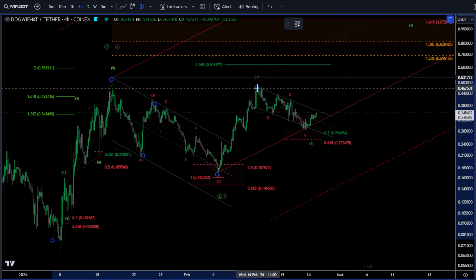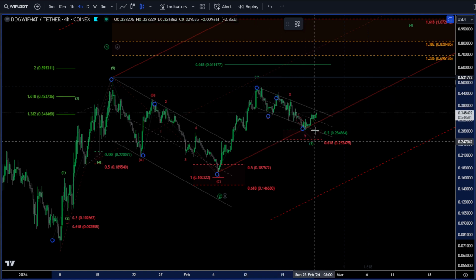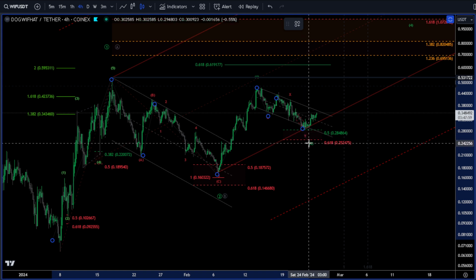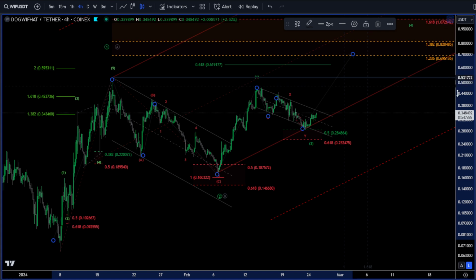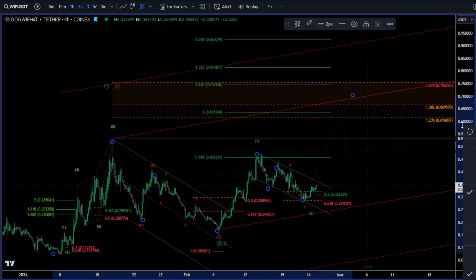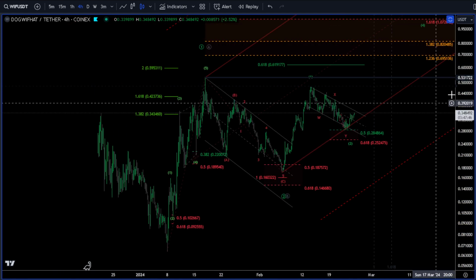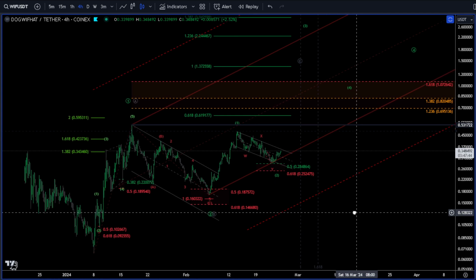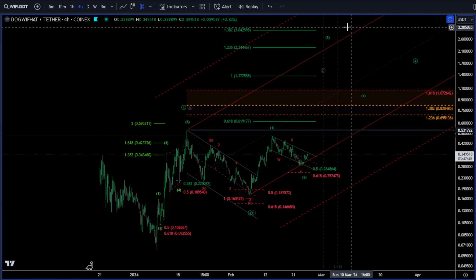Made a nice clean 5 moves to the upside. Had our 3-wave correction to the downside, again right off the 50. And on linear scale, we actually ticked the 0.618, so right where we would expect our trend to continue from. So as of right now, I am in this, got a really good entry and targeting up around